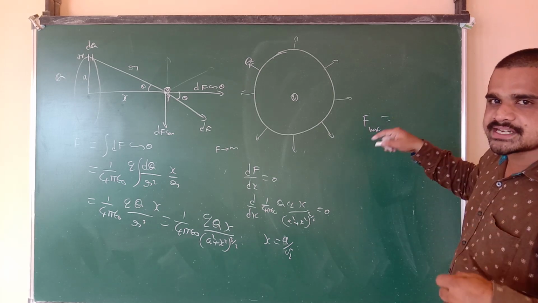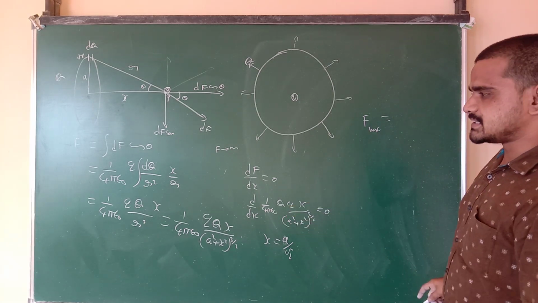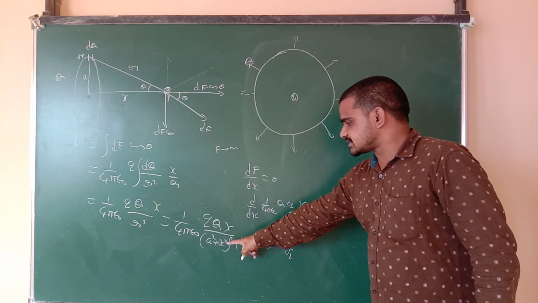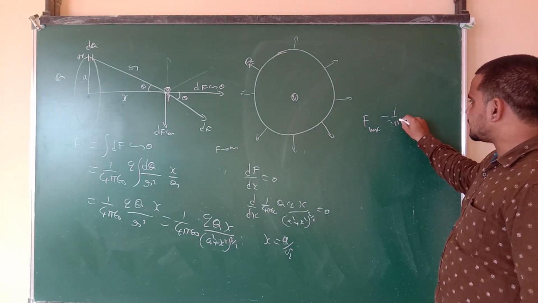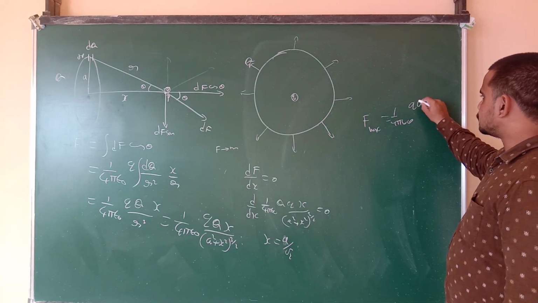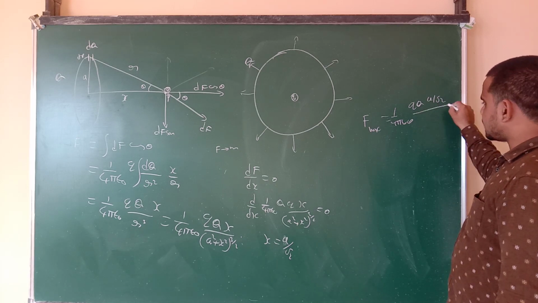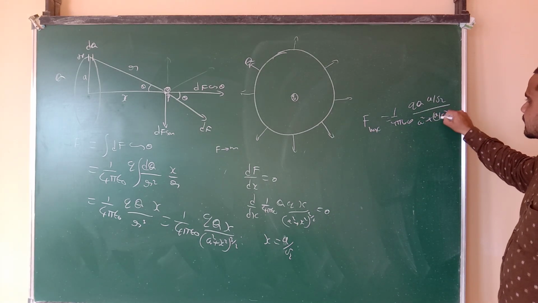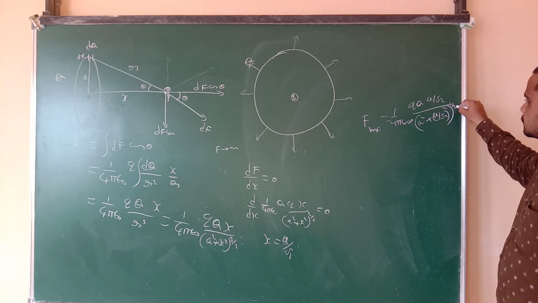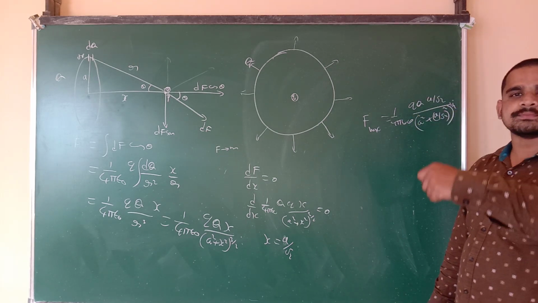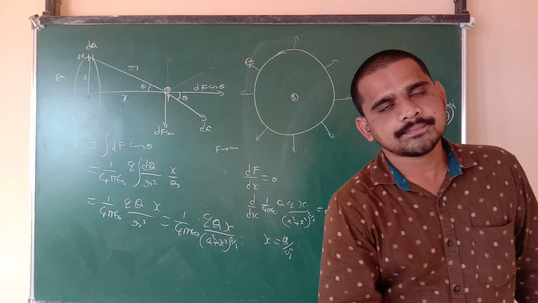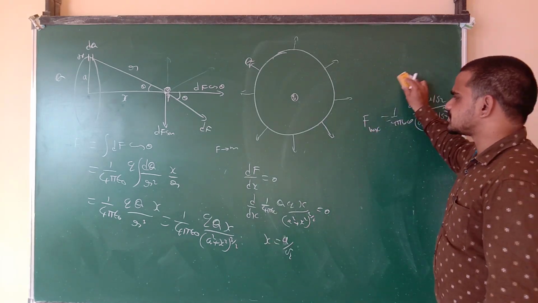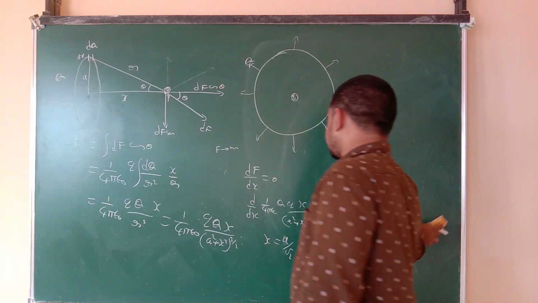Where the force is maximum, we calculated. What is that maximum value? Right, in the place of x, just write this one here. 1 by 4 pi epsilon naught, q a by root 2, by (a square plus (a by root 2) square) whole power 3 by 2. Simplify this. You will get the maximum force also. In this way, these are some applications which we can see here.